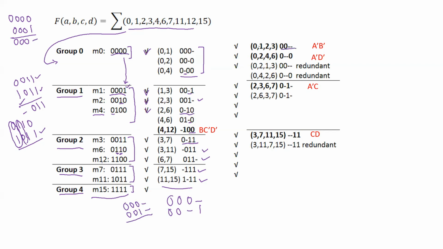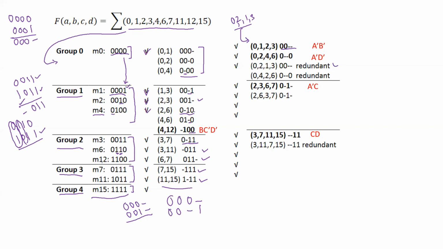And you are going to group it like this: 0, 1, 2, 3. Then more than one bit difference, we are not going to write it. Then comes 0, 2. So here you can see 0, 2, 1, 3. This we are going to write, but 0, 2, 1, 3 is the same as 0, 1, 2, 3. So this is a redundant term, and we are not going to use it.